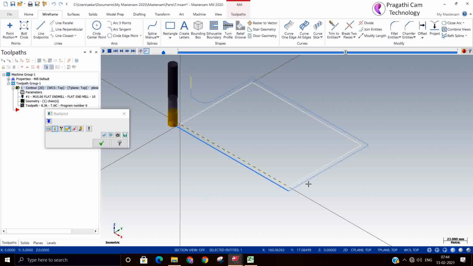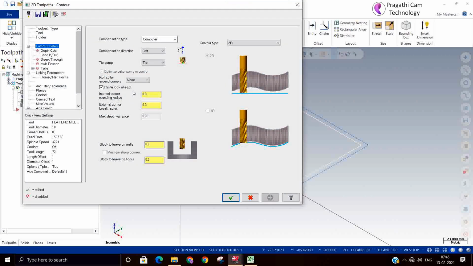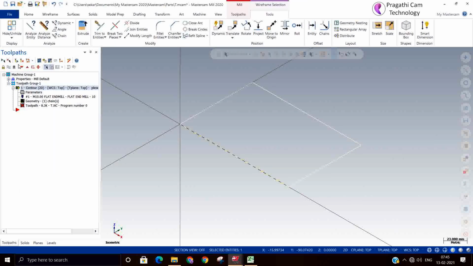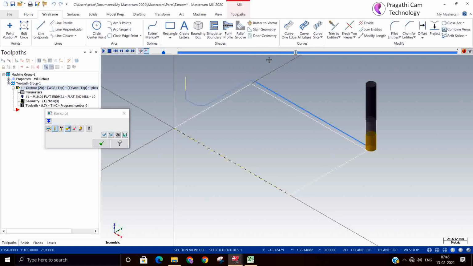Because of this, machine life may be reduced. So to avoid this, they have given the option called sharp. If you give sharp, the tool will move on the x-axis, then it automatically moves in a radius.